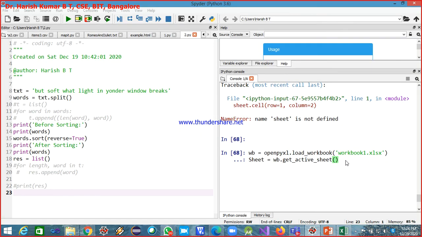Now I'll minimize this. Now I just say this. So capital S it is. Row 1, column 2. It is saying the cell from the accounts sheet, and which cell is it? B1 cell. Now I want to access its value.